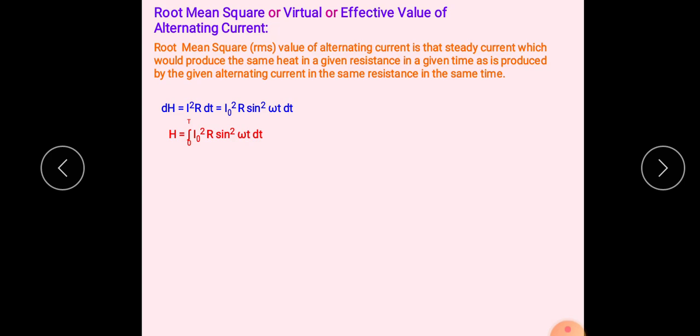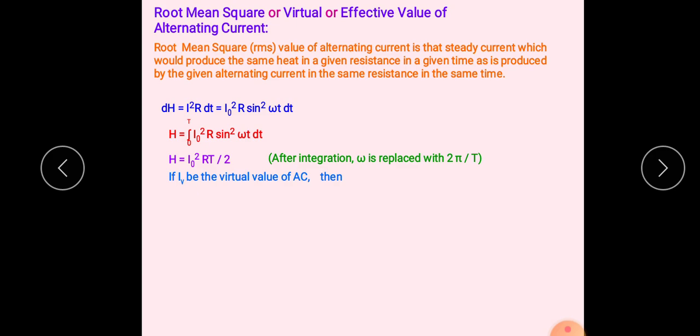Again, I naught square is a constant term. It comes outside of the integration. The resistance of the circuit is again a constant term, also outside of the integration. By solving this integration, you will have I naught square R T by 2. After integration, omega is replaced by 2 pi by T, and by placing the lower and upper limits, we will have H equals I naught square RT divided by 2. If IV is the virtual value of alternating current, then the heat produced would be IV square R into T. Comparing these two, you will have